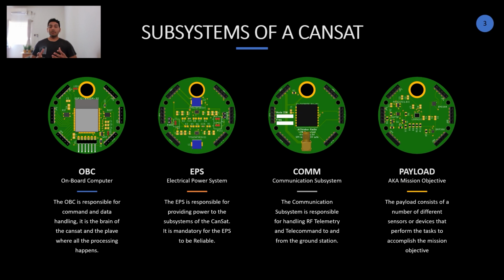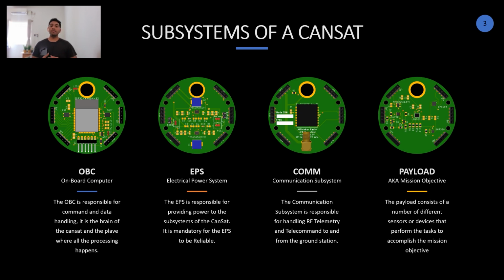Now, the electronic power system is designed to be extremely reliable. The reason being, even if other subsystems fail, the electronic power system has to work, because if the electronic power system fails, everything else fails. And if you have any kind of algorithms or any kind of ways you can revive your CANSAT after a failure, as long as you have power, you can do it. You can revive your CANSAT by running those algorithms or running those functions on your onboard computer to fix the problems that you face.